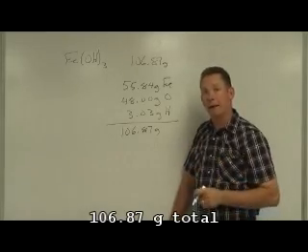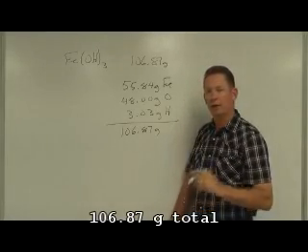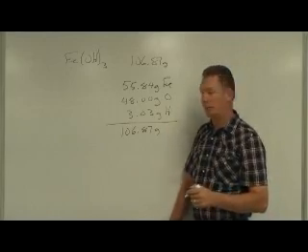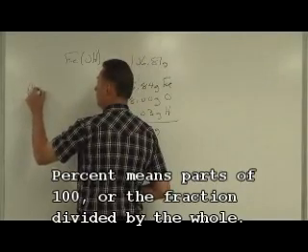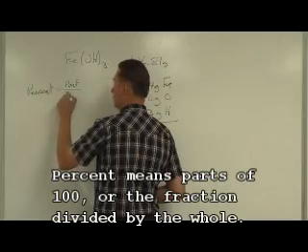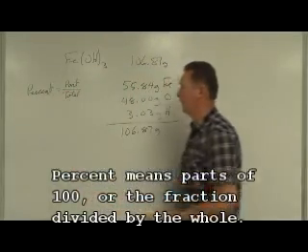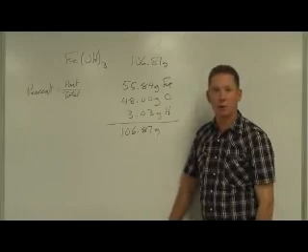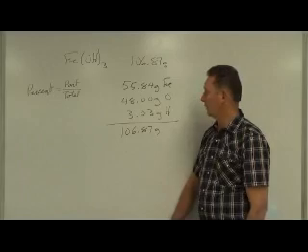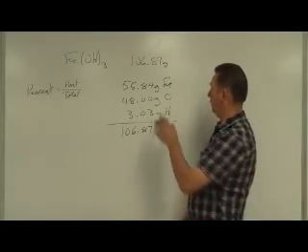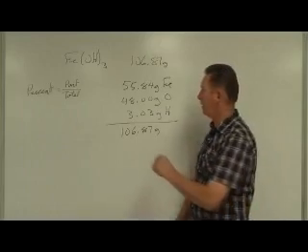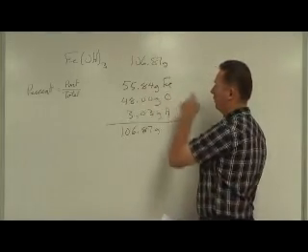Now, if I want to calculate the mass percent of any one of those in there, you have to remember what percent is. You'll recall that percent is parts of the total. And if I remember that the percent is parts divided by the total, then you have to shift your decimal by multiplying by 100, as we've standardly done. Then we have to look at that and say, okay, then if that's the case, I can calculate the mass of iron in its percent by taking 55.84 divided by